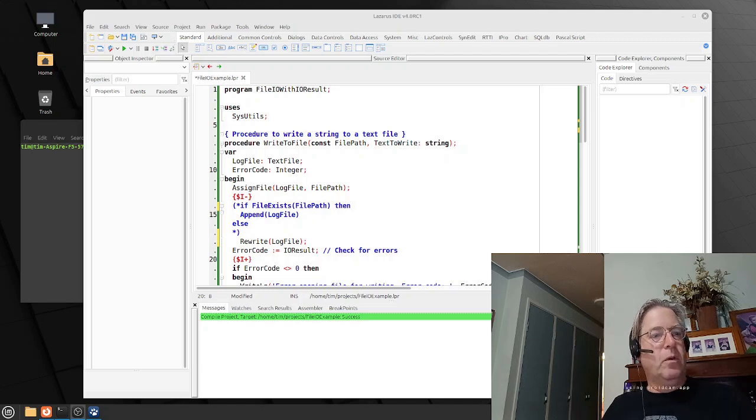When we write to files, it's very easy to overwrite a file if we don't do simple things like checking whether a file exists, and believe me, I have done this in the past myself. So in this video we're going to look at file I/O and just some of the basics about how